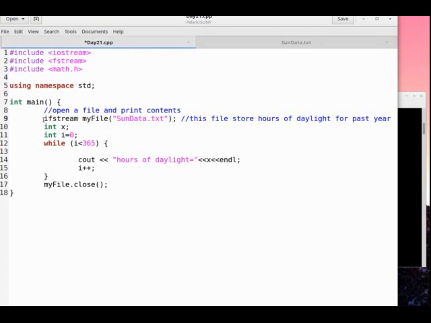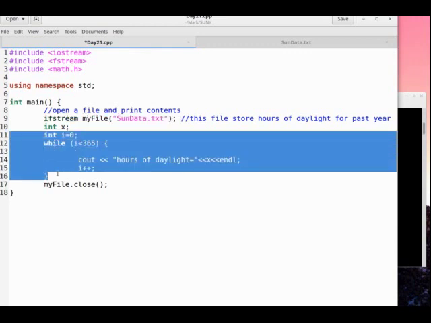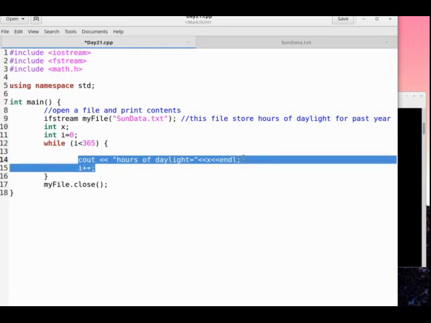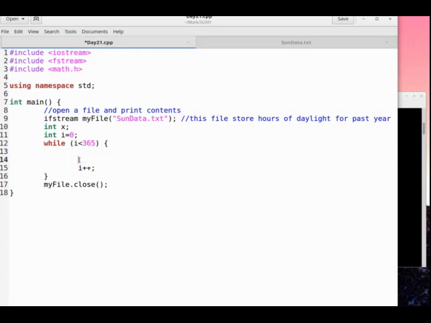Okay, we'd like to open it, so this statement here will open that file, and now I'd like to read from it. And this file has 365 lines, so I've set up a loop that will run 365 times. That should not be new to you. What's new here is that I'm going to use myFile the same way I would have used the